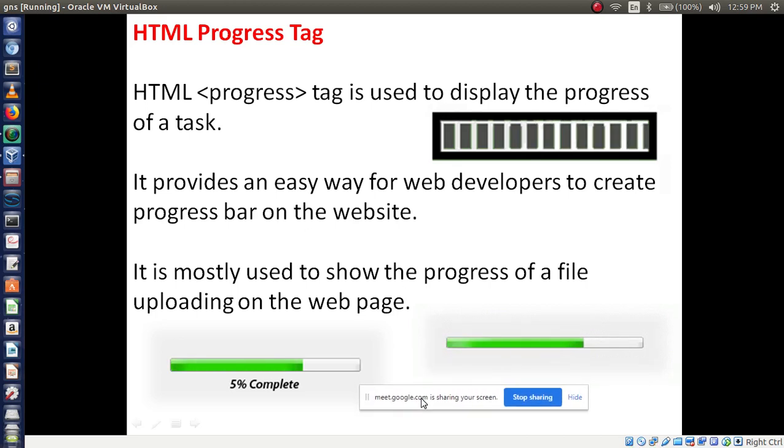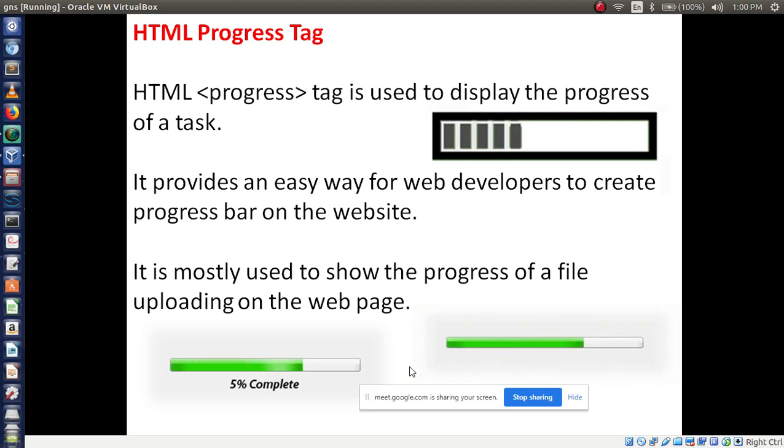Now another important tag, that is the progress tag. Next you write progress tag. In HTML we use the progress tag. Why is it used? It is used to display the progress of your task. If you want to upload any file to a website, you have to know the progress. For example, if you are copying a movie from a pen drive to your hard disk, it displays some information about the copying, right? For that we can say progress.